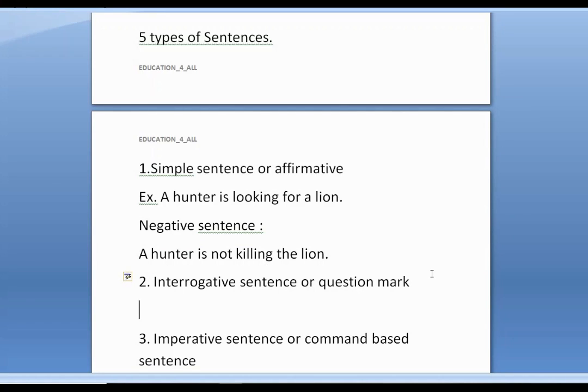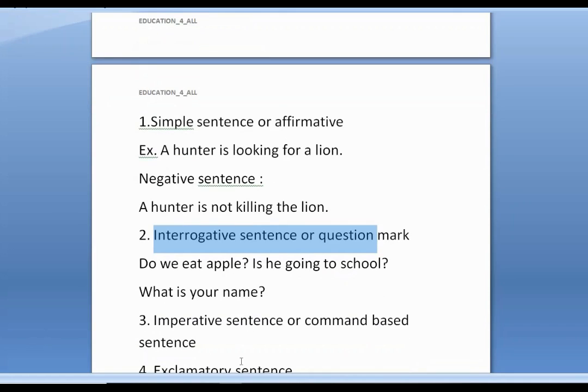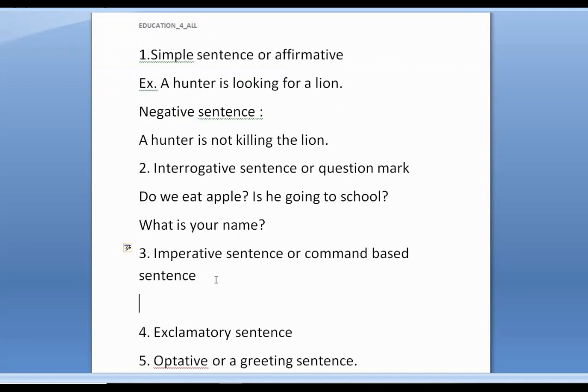So interrogative or a question mark is like, do we eat apple? Is he going to school? What is your name? All these type of sentences come under interrogative sentence or a question mark. Now moving to the next one, which is imperative sentence or a command based sentence like,